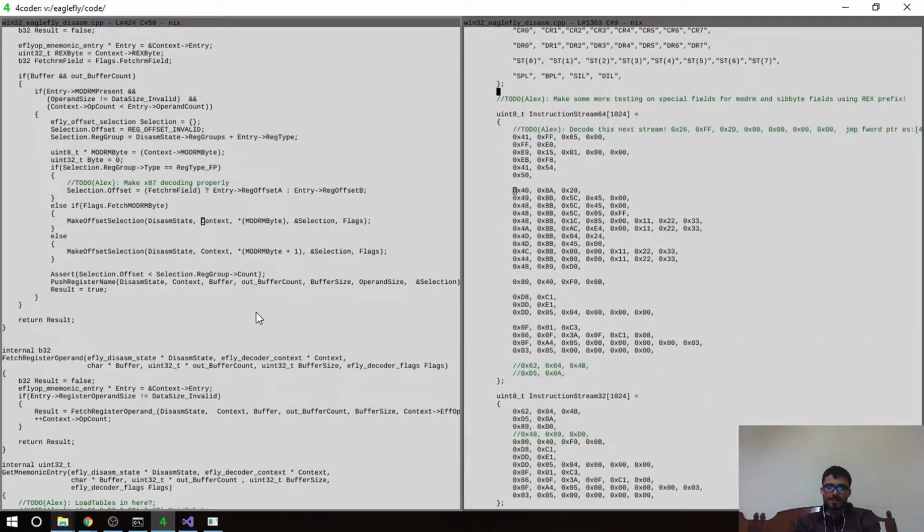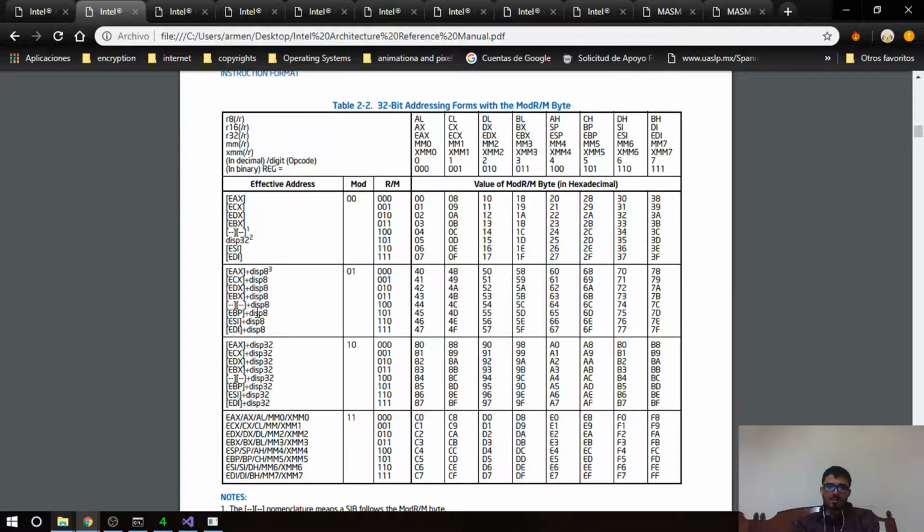So I'm sorry, it has to be 20, which is the mod RAM byte, sorry. So 20 is EAX, which is RAX because of the REX prefix, and